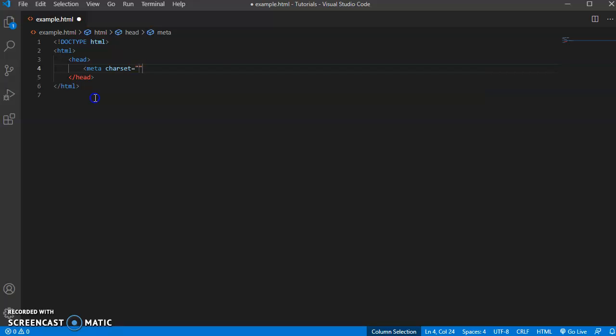This is just the character set, and it is usually UTF-8. Okay, so there are many languages in the world, and different languages have different characters. Like if you are writing English, it has different characters. If you are writing Chinese or Arabic, they have different characters. So this is basically what the character set, or meta charset, is for. And then you need to have